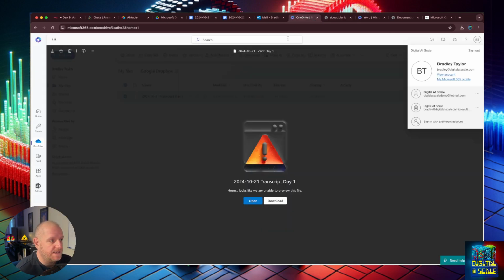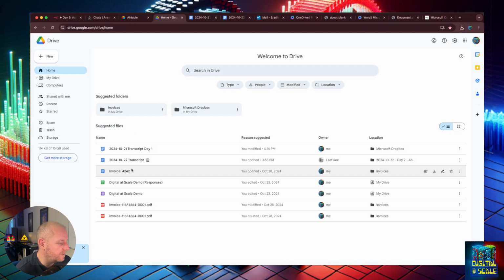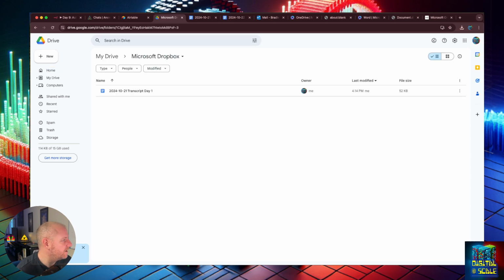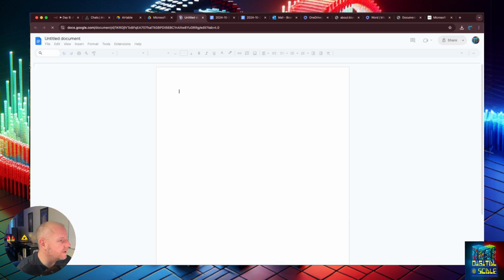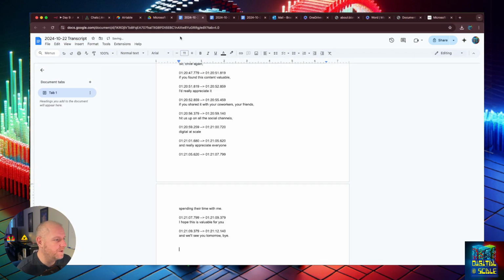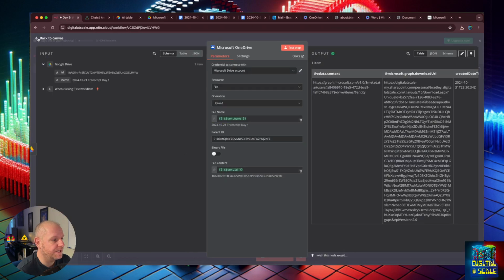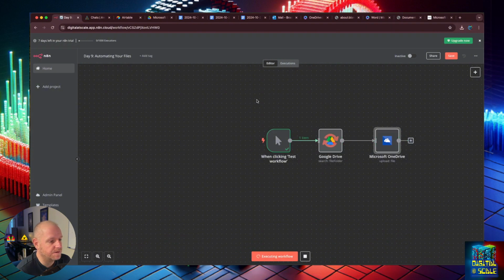So now if I put in another document, let's say I add a new document. File, new, docs, transcript, and, ooh, don't want to put it in the title. All right, much quicker in Google Docs. All right, we now have two. So now when we run this it should create two files. So let's go to test workflow. It's going through 2 items. We now have 2 items. Great. We now have a system where we're connecting the different drives between